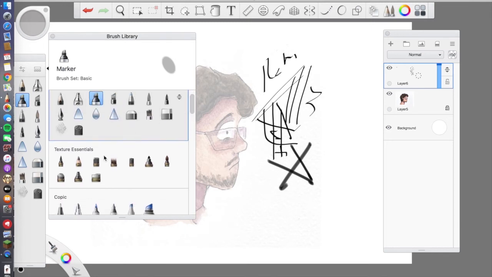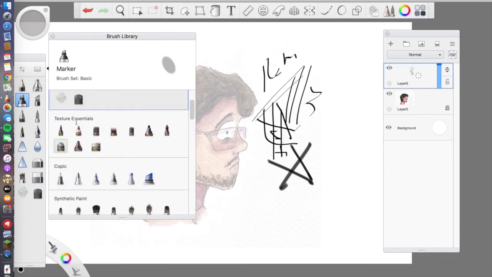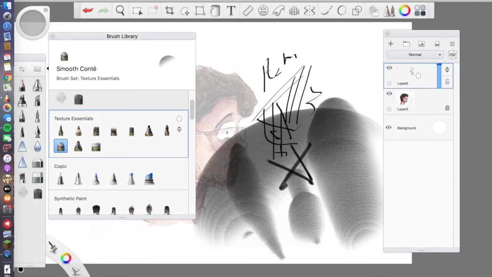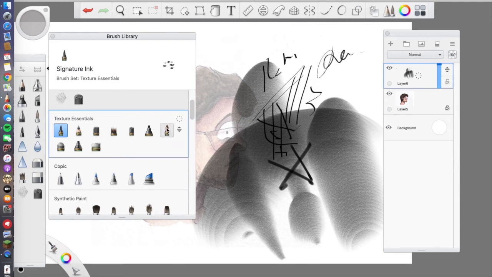and then if we move down, we have texture essentials. Sorry, and these are actually awesome because they add such a fun texture to the artwork. Look at that. That's awesome, and it really elevates your artwork. I like to use these tools after I've done my sketch, so when I'm painting, or even after I've done painting, to add some effects. So these are really nice for that. I love this tool. There's also a signature ink tool, which is really cool. You have a dry marker,